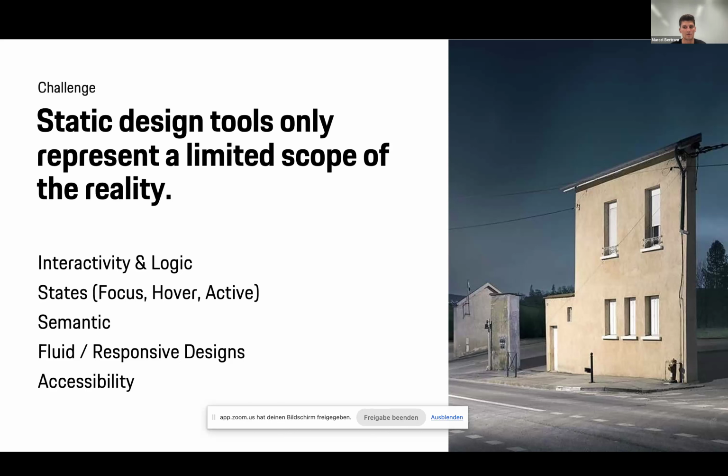Also semantics: use the right elements for the right purpose so that we facilitate native browser features. You are just aware of them if we can facilitate real coded components. And the last part is fluid design, real responsive design. You will also see this in the demonstration later on, what we mean with fluid and responsive design, because